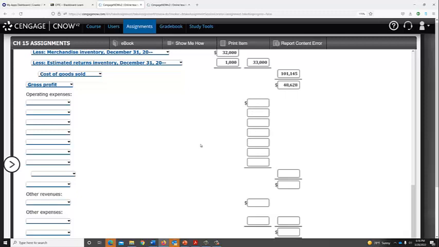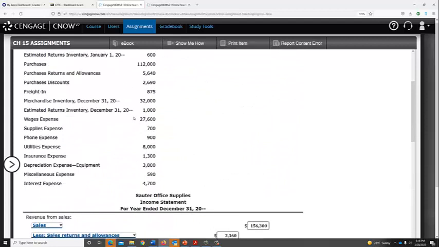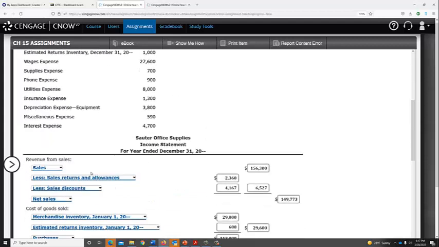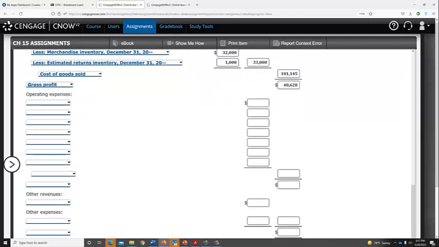follow. So we're going to pull the other operating expenses from our figures up here: wages, supplies, phone, utilities, insurance, depreciation, and miscellaneous. Remember, anything interest is always other income or expenses. So we had some other income up here, and then we've got an other expense here, and we'll put those at the bottom. But we'll list all of our operating expenses: